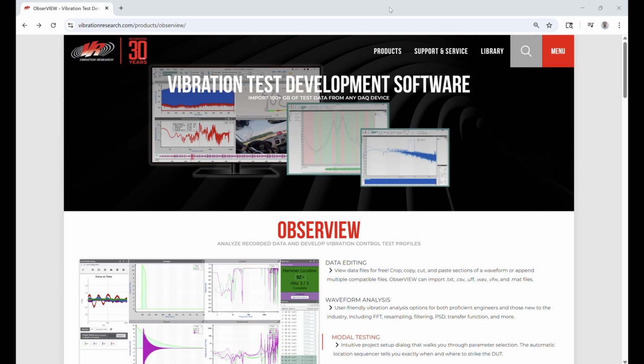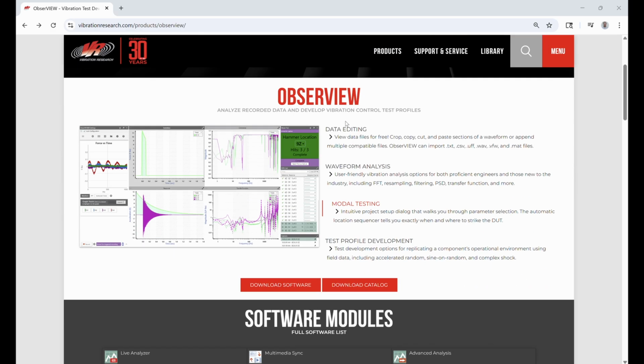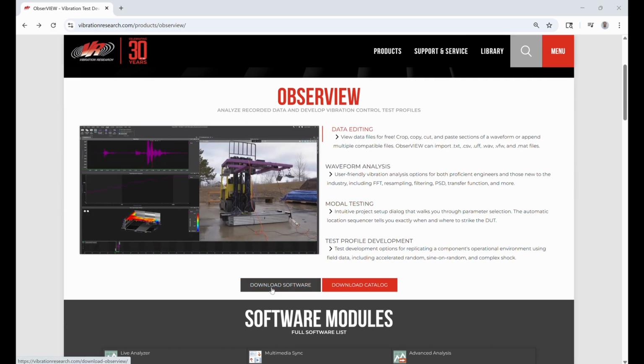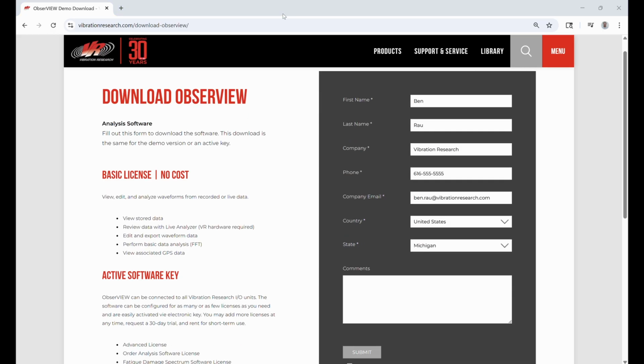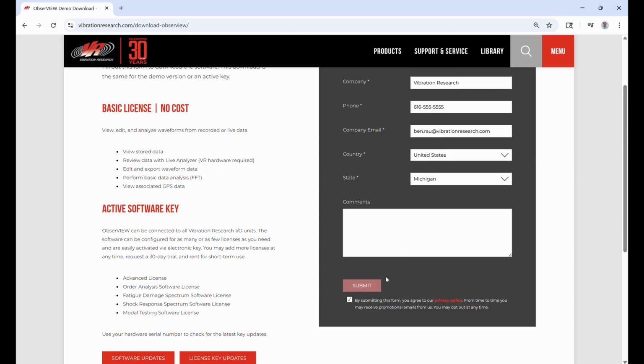To download ObserView, navigate to vibrationresearch.com and under the Products menu, select the ObserView product page. You'll see here on this page details about the ObserView software capabilities, as well as a button to download the software. When I click on Download Software, I'm brought to a contact form where I can fill out my information, and then we'll be able to enter the software. So I'll fill out my information here. With my information filled in, I simply need to select the privacy policy form, and then I can submit my